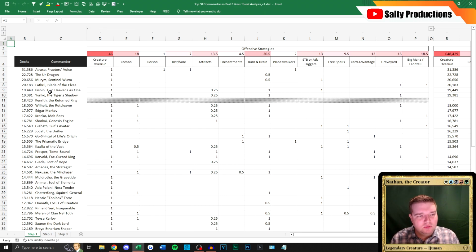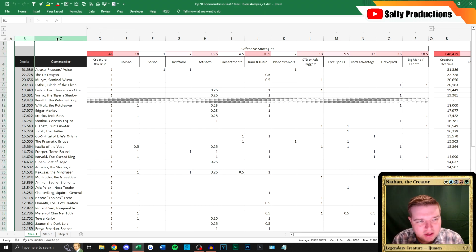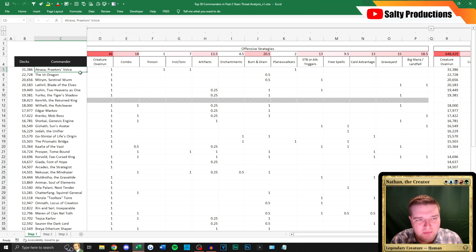So step 1 here was to pull in all of the deck lists. Now in column B we have our deck count, column C we have our commanders, and then we have our list of offensive strategies. With these types of analyses, there's always going to be caveats around the data. I will caveat that this is my own subjective interpretation of how these decks aim to win based on the